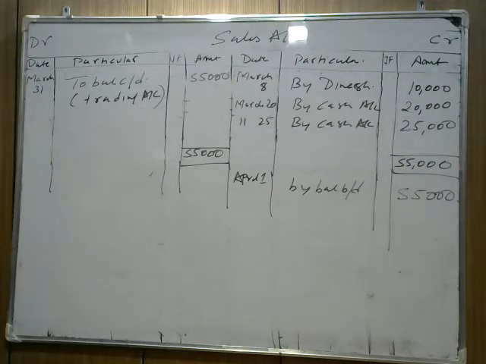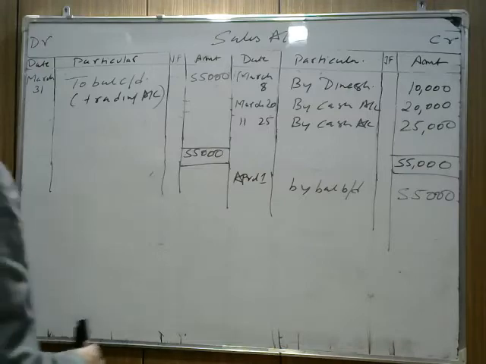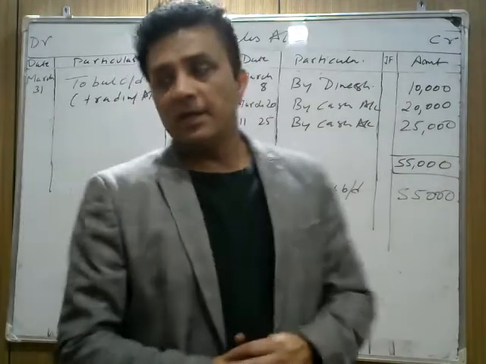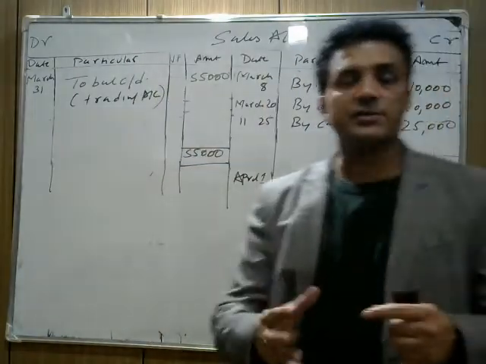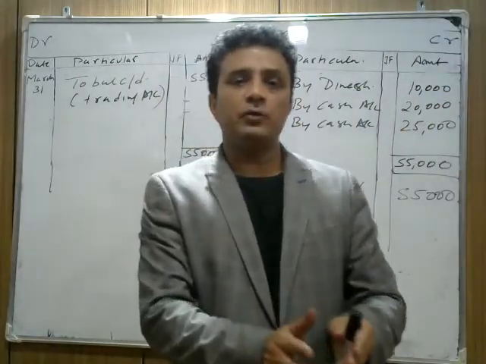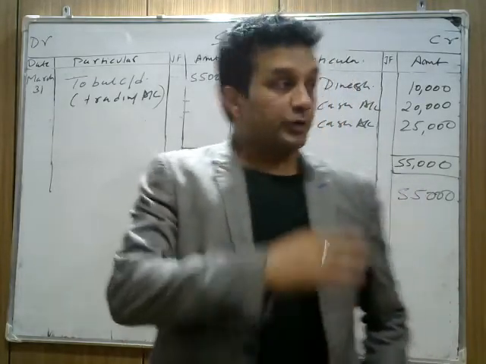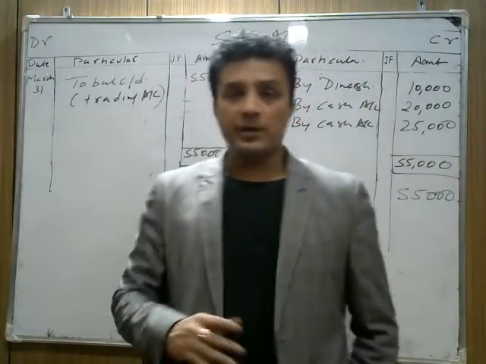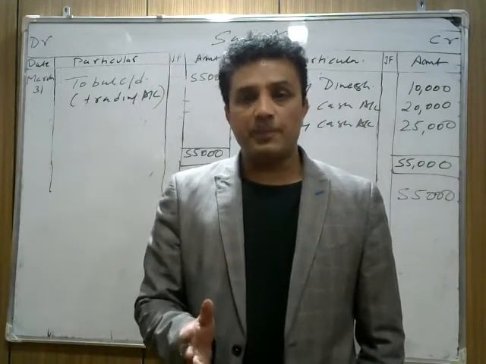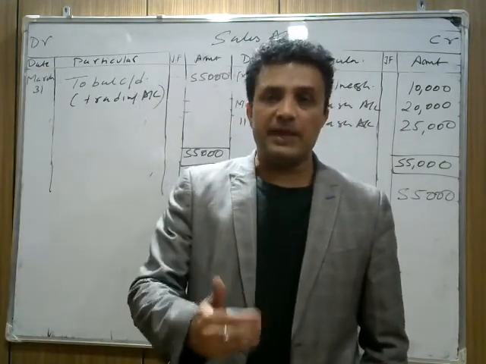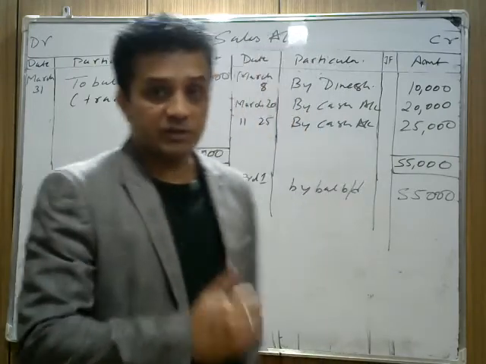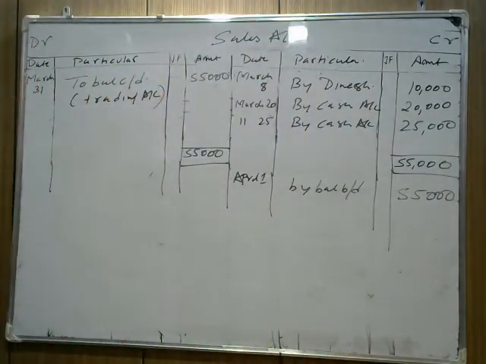So simple, right? My balance b/d is 55,000. Although we know we cannot close the sales and purchase like this, here you understand the term. It becomes important for you because हम sales और purchase को transfer करते हैं trading में. But this I will tell you when we prepare final accounts, then it's easy for you to understand it. So till now, आज हम इतना ही करेंगे. Whatever ledgers are left, I will do in my next class, मैं उसके बाद कराऊंगा आपको.